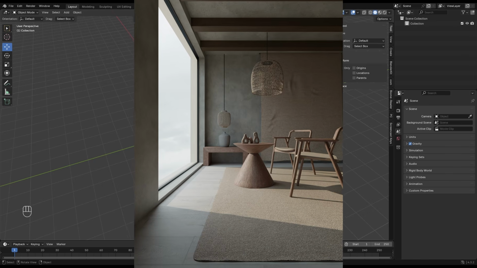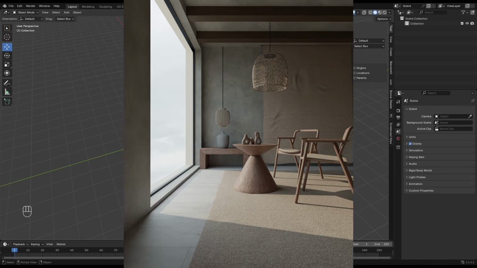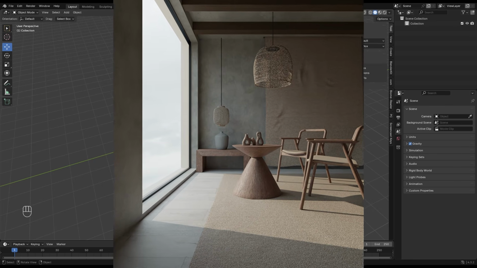Hi guys, and in today's tutorial I will show you how to model and render, how to create a realistic